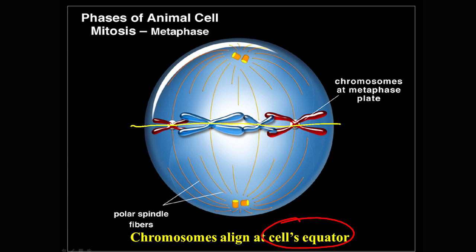If I can get a line right in between the middle there, if we want to make 2 new cells, all we've got to do, guys, is grab one sister chromatid and bring it toward the top, grab another one and bring it toward the bottom, and do that for, in this case, all 4 of the chromosomes. However many there are, that's what we're going to do. Can you see that if we do that, we'll have 2 new entities, each of which is identical to the other? This is going to come out in the next picture even more. But that's basically it. We got these lined up, and we're going to split them and divvy out the material